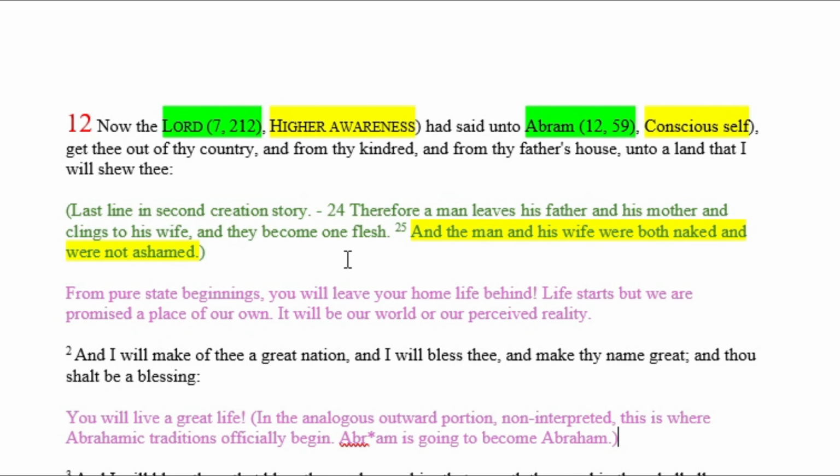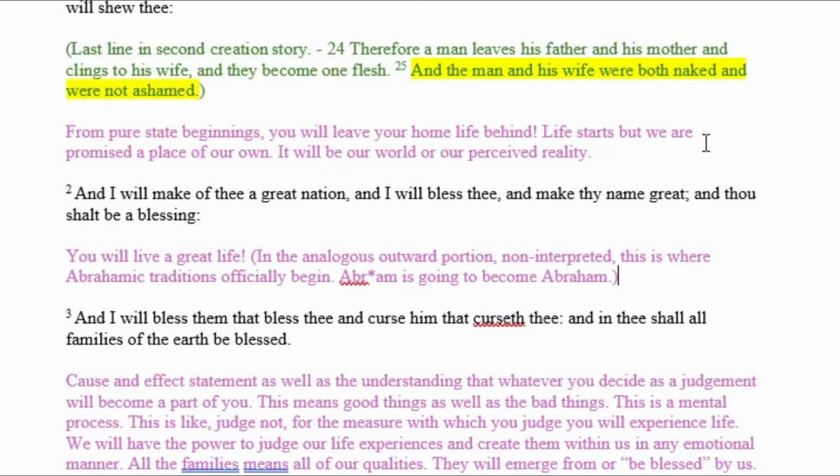If we were to go back to Genesis, the second creation story, here's the same part on the template there. Therefore, a man leaves his father and his mother and clings to his wife, and they become one flesh. What that means is that each person, that's the man, leaves our beginnings where we came from and clings to our inner self. Our wife is the inner self, and we become one flesh. We are initially combined. We are not divided at this point in time in life. We're happy. We don't have any inner mental conflict. Chapter 12, that's where we are at the same point. We don't have inner mental conflict. We're beginning to start life.